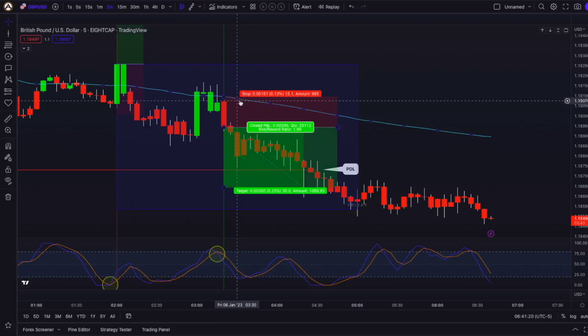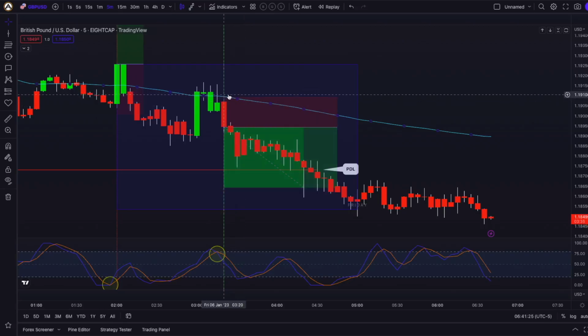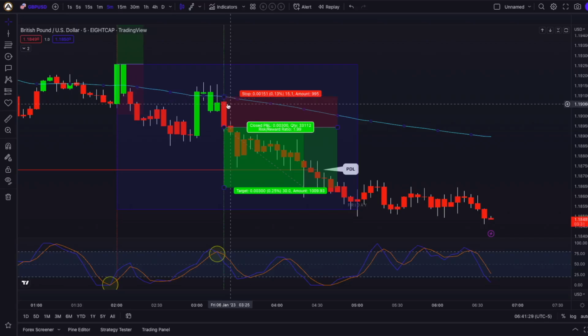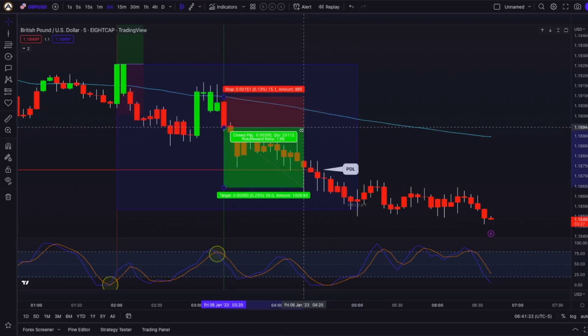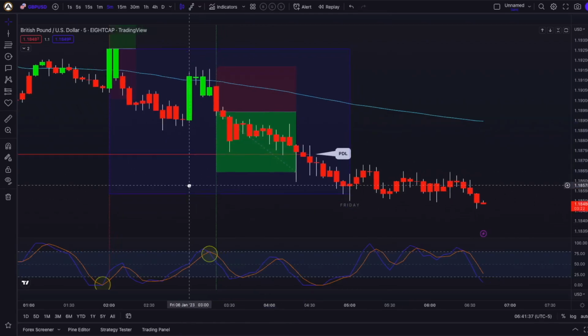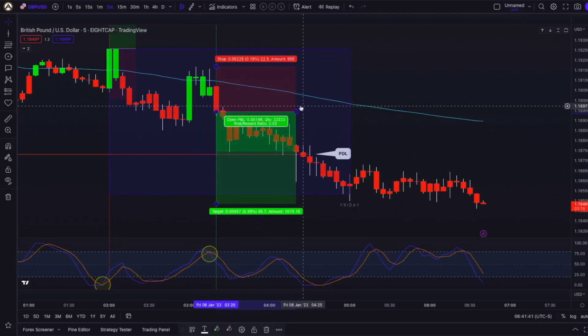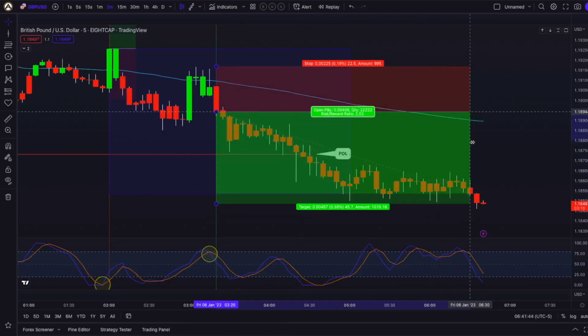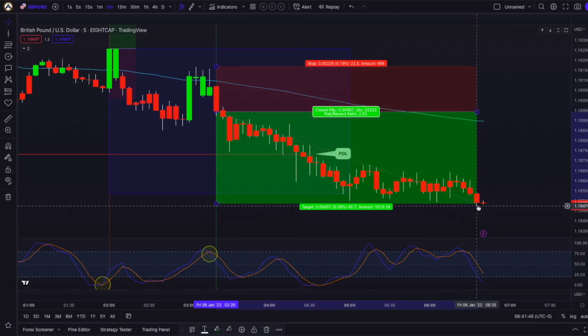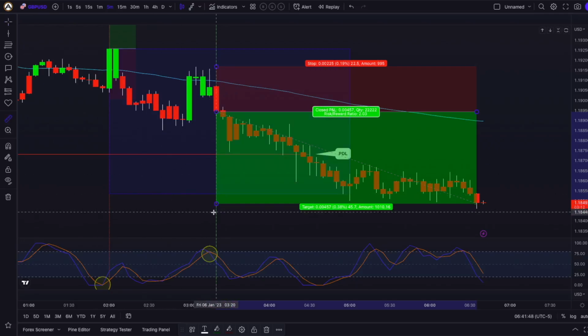I would accept that loss, because what it also means, if I'm using a tighter stop loss of 15 pips, which is actually not such a tight stop loss if you think about it, is that my take profit target is also closer. So if I would have gone for a take profit target up here, I think it would have hit your 2-to-1 risk reward ratio. Yeah, it would have hit your 2-to-1 risk reward ratio just then. So basically this trade would have taken